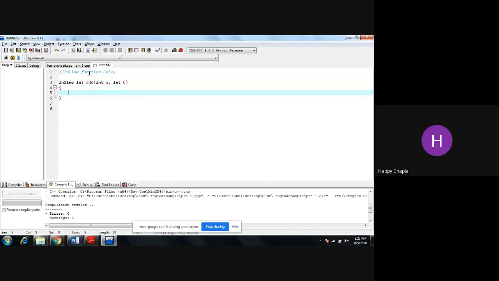The inline function must return a plus b, but the body of your inline function should be one liner only. You need to do something like this.